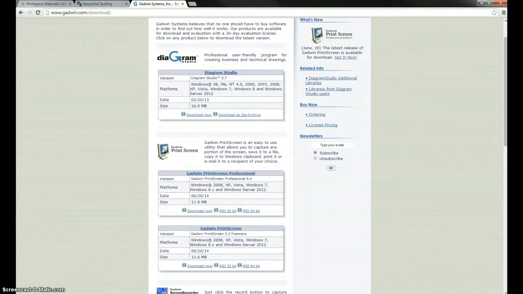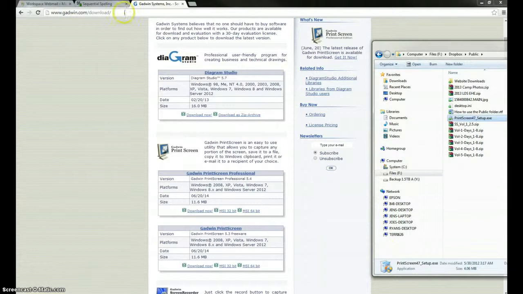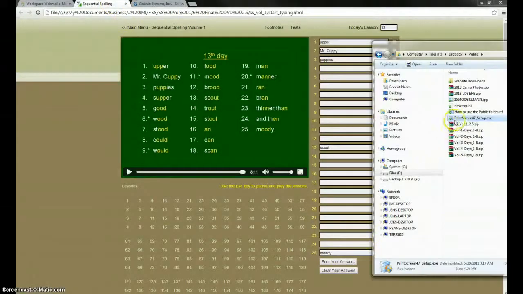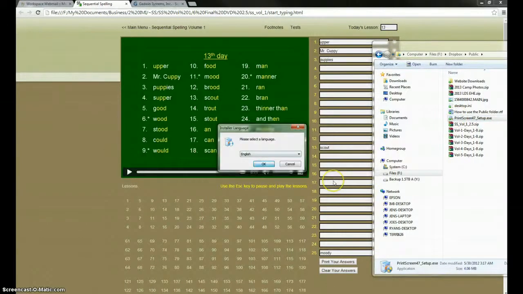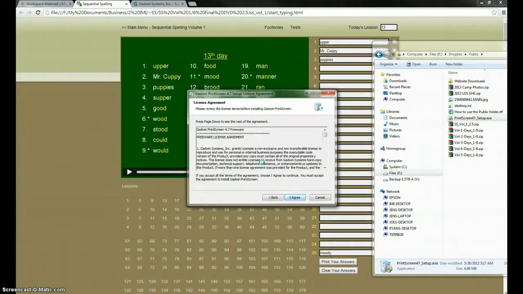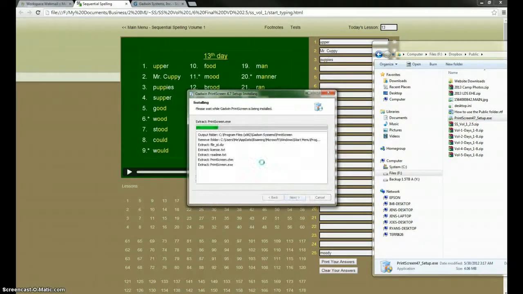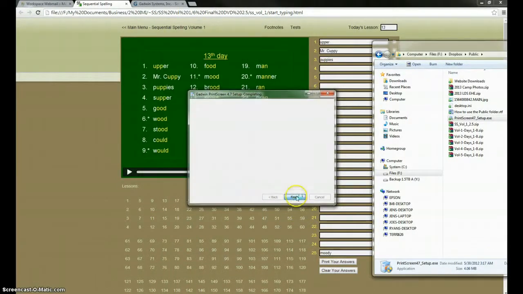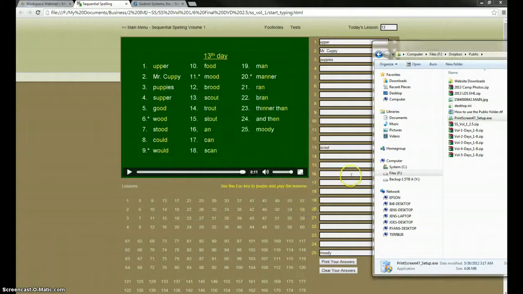So I've gone ahead and I've downloaded that software already, and so I'm going to bring that up and install it now. I just double click on it and just select English. I'm just choosing all the default options to install, next. It just takes a second, and it says it's going to run it when I click on finish. I'm going to take that show me thing off. Once this starts,